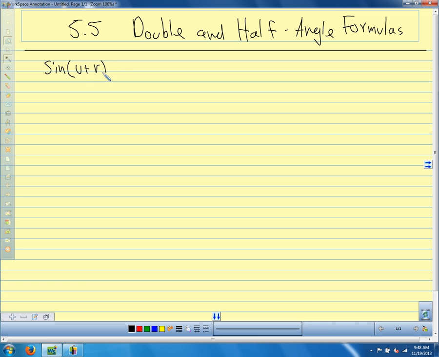So the sine of u plus v, I'm just going to write it out, is sine u cosine v plus cosine u sine v. And instead of putting two different angles in here, I'm going to put u in twice. What's another way of writing u plus u? 2u. So this is the sine of 2u,